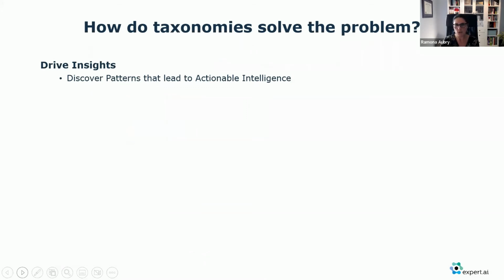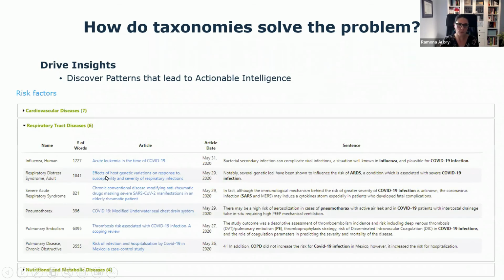A third way you can actually use taxonomies to prove that they solve a problem is when they drive insights from patterns that we have in the data that we're looking at. Taxonomies can transform unstructured content, especially when we have a large set of documents that we're dealing with, into actionable intelligence. What does it mean? Well, you'll remember that